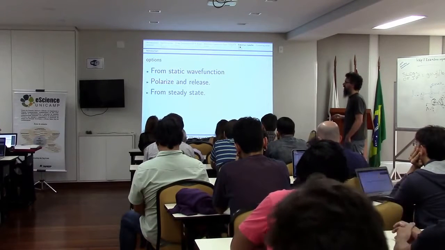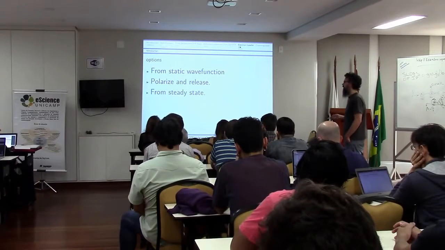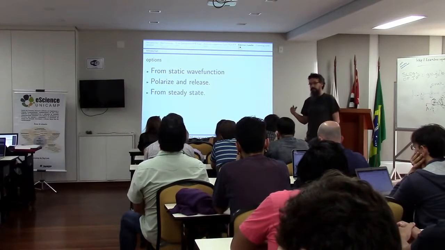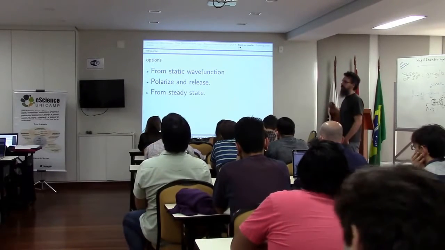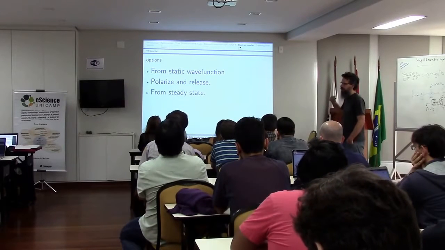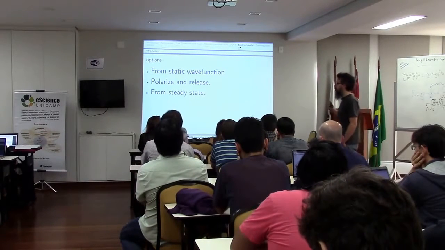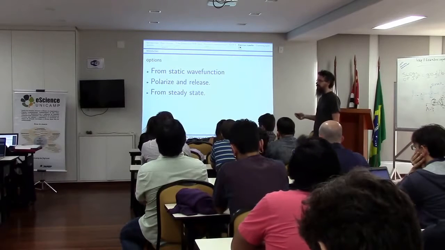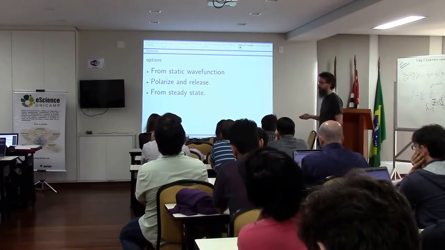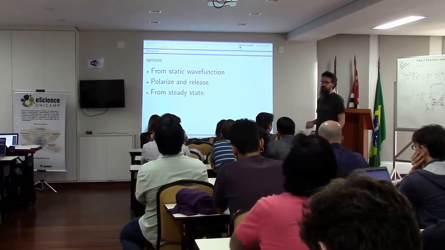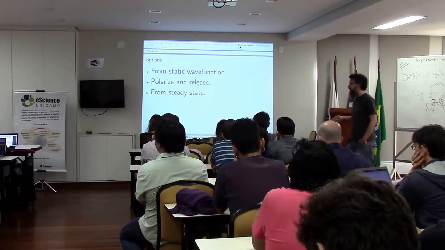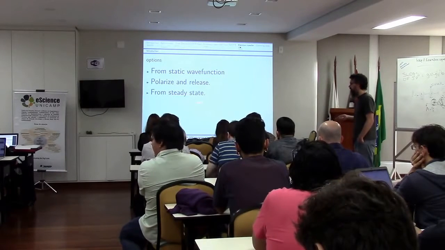One option, in real-time theory, is to polarize with an electric field and release the electric field and see how the electrons move, but we don't have a real steady state in which to measure the conductivity. But we developed